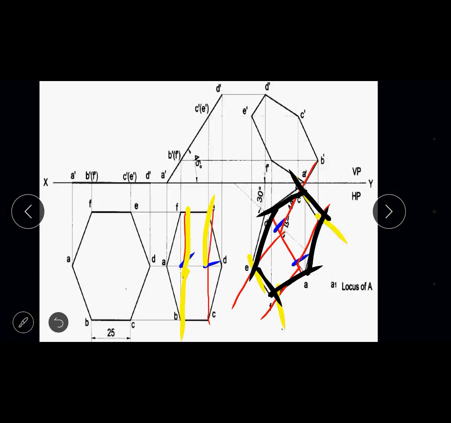I have taken problems of similar categories. I have picked up problems from your solution book in a step-by-step order. First I took a triangular lamina, then a square lamina, and then a pentagonal lamina, and in the pentagonal lamina I explained both without the appear word and with the appear word. Next we are on the hexagonal lamina, and then the last problem will be on a circular lamina.